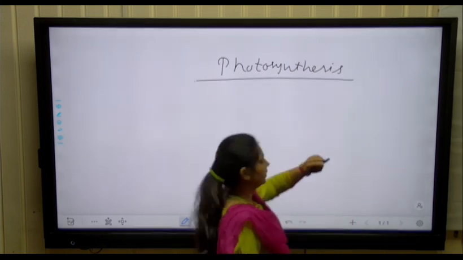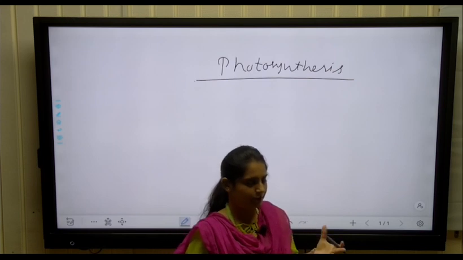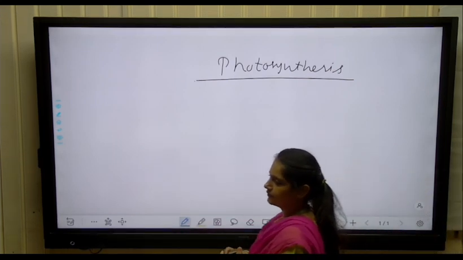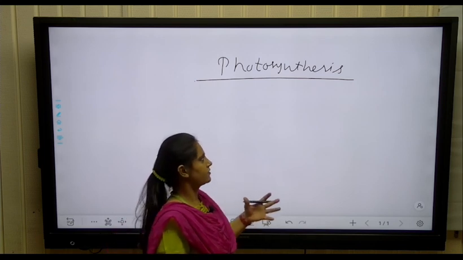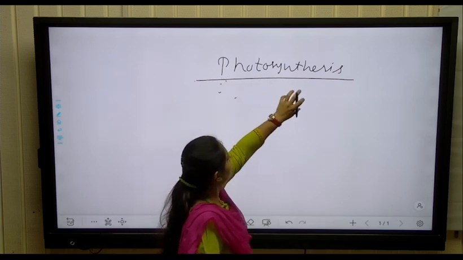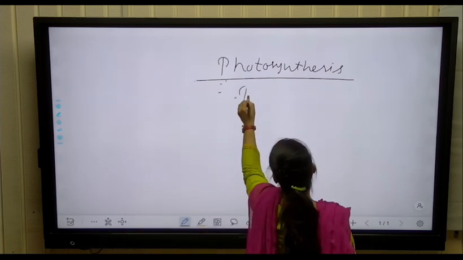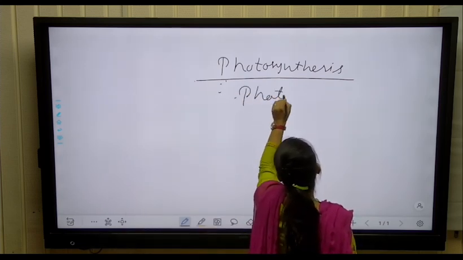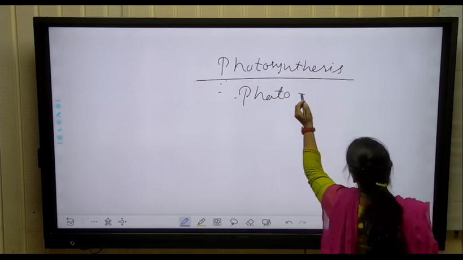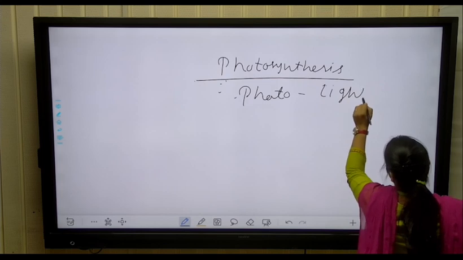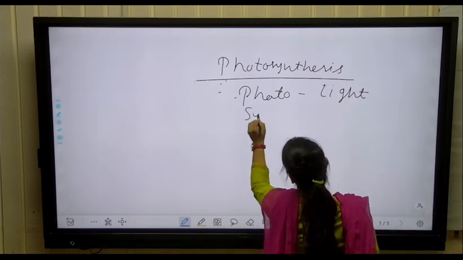As we all know, this is a very simple process. We have studied this process since standard 5 and standard 6, and this is a process of synthesis with the help of light. So photo means, when we analyze this word, light, and synthesis